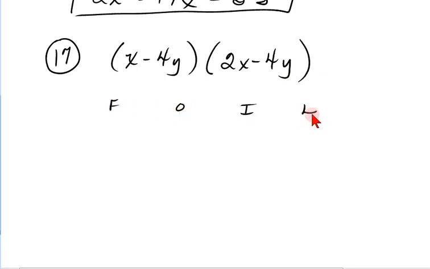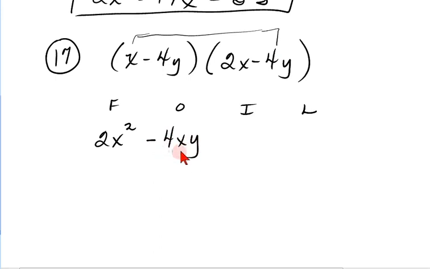What's the product of the first? X times 2x. 2x squared, because I use the product rule and I add those exponents. The outer product is how much? X times negative 4y. Negative 4xy. Always the number first and the letters in alphabetical order. X then y. What's the inner product? Negative 8xy. No matter what order the letters are in up there, they need to go into alphabetical order when